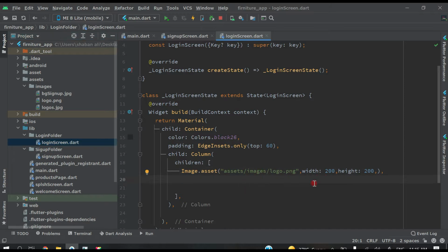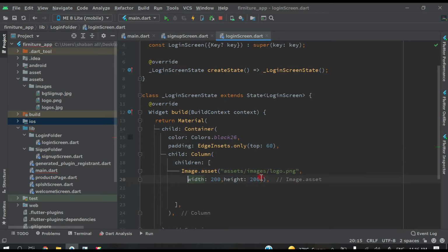So after this image, let's give one Padding widget. Let's break this here like this, break this like this, and here like this.